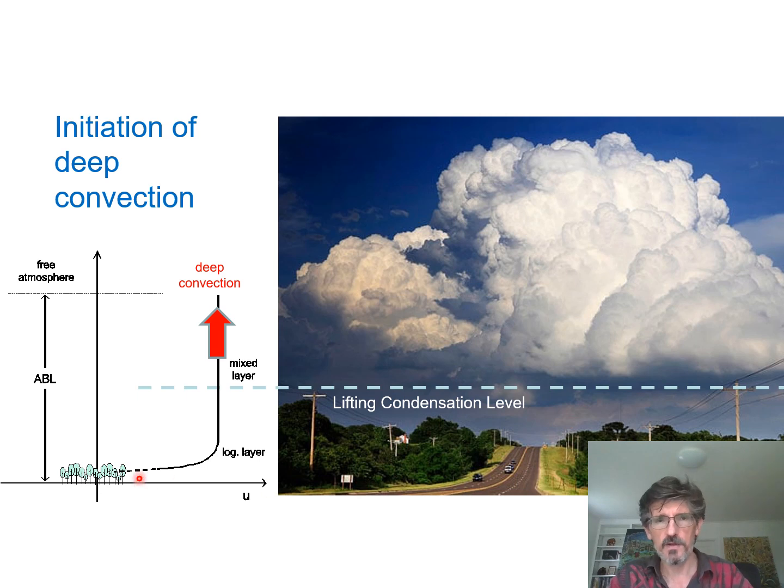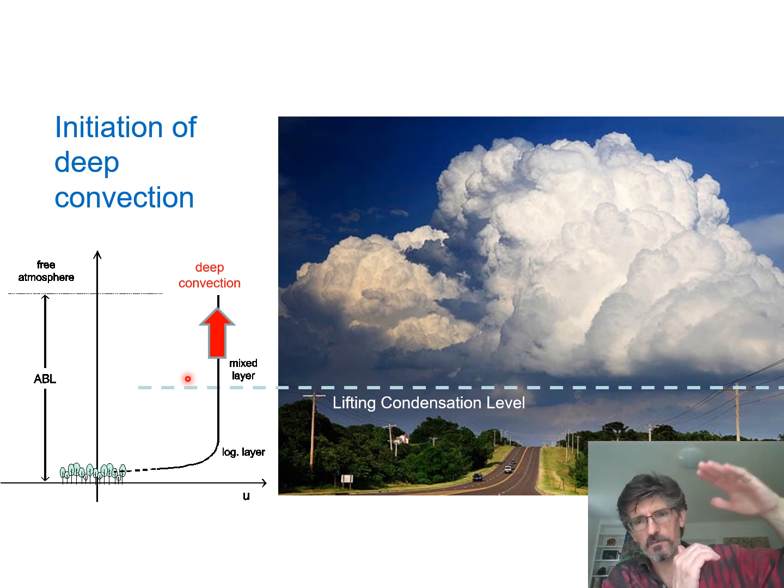This is the level at which, if the boundary layer, so this is the boundary layer, and let's say that this is the height of the boundary layer. Now this is a convective cloud, a cumulus that has already developed into deep convection. But let's assume that before that, you have just the fair weather clouds, small clouds here with a flat bottom. So what happens is that the boundary layer grows, this level keeps going up, and at some point it may reach the lifting condensation level. If that happens, then from that point on, the air inside